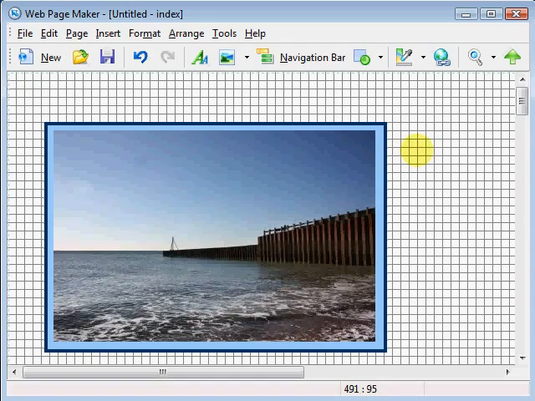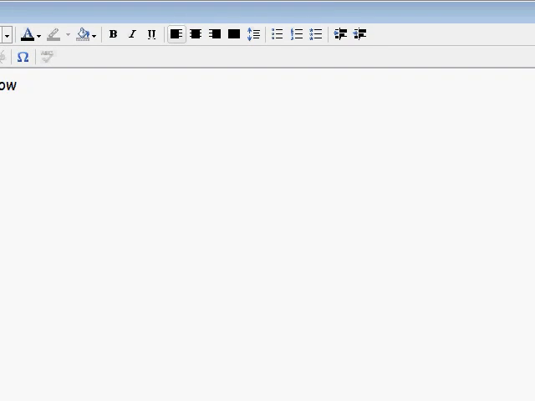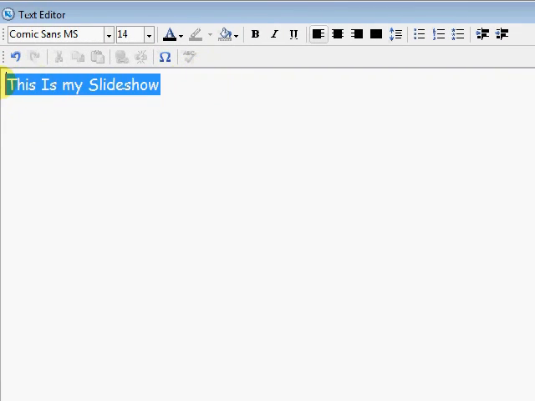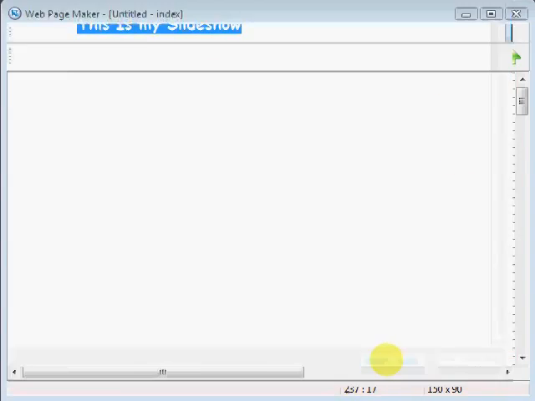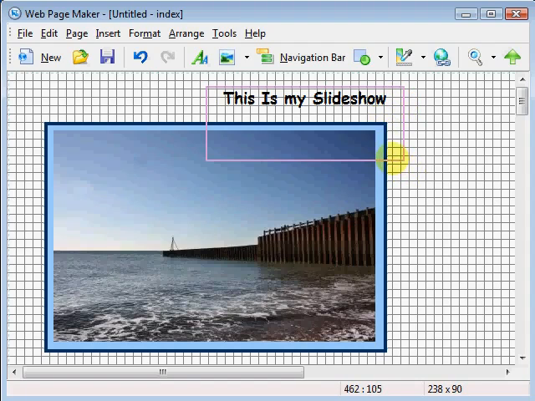And then I'm going to get some text. Click on that. Click on my work area. This is my slide show. Let's move this down a little bit so you see what I'm doing here. Okay, so I got this in here, and I'm going to select this, bold it, center it, and move this over here so you can see what I'm doing. Hit OK at the bottom, stretch this out, try to center it. Okay, and I can move these wherever I want on my web page,